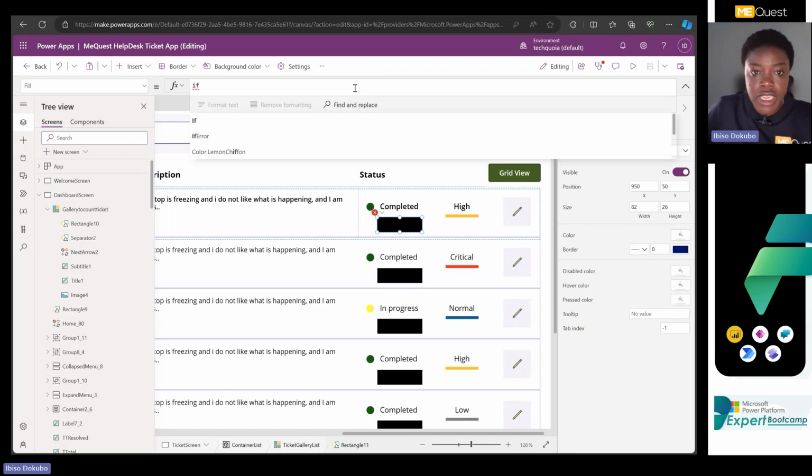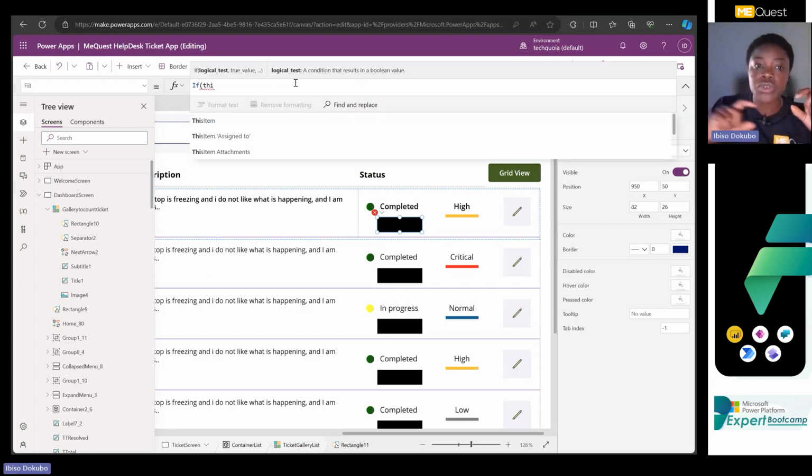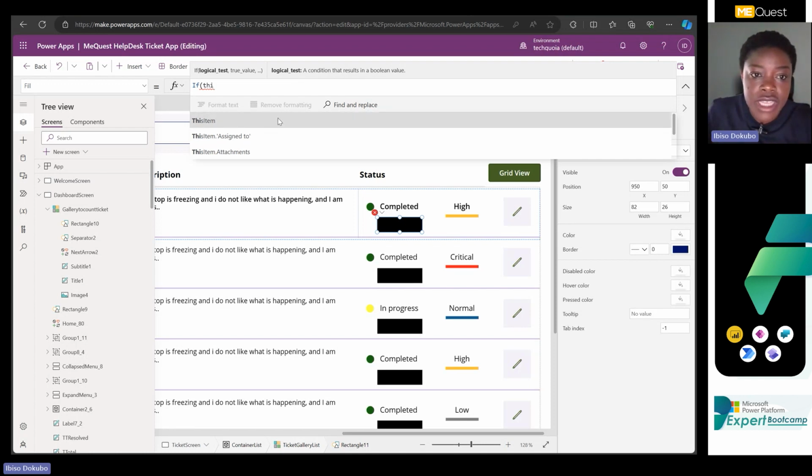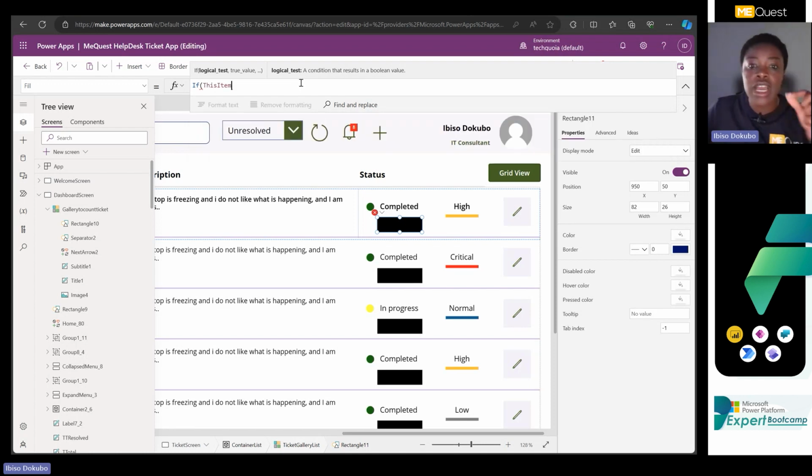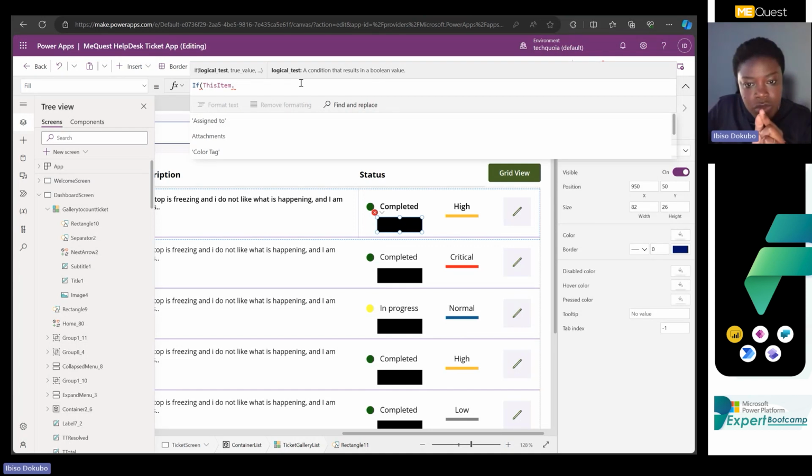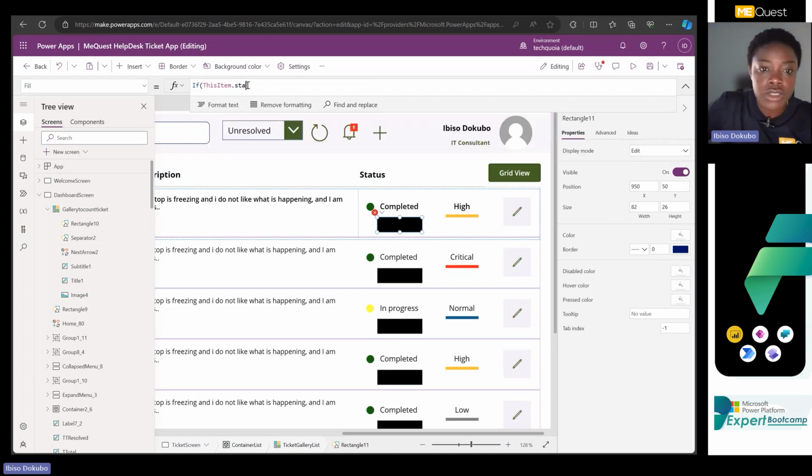So I'm going to say if this item. I remember I told you if you want to get the item of that gallery, you say this item. So I'll say if this item dot, now I'm working with the status, not the priority. The priority is where we have high, low, normal, and the rest. But the status is where we have completed, we have in progress, we have other stuff. So I'm going to say if status